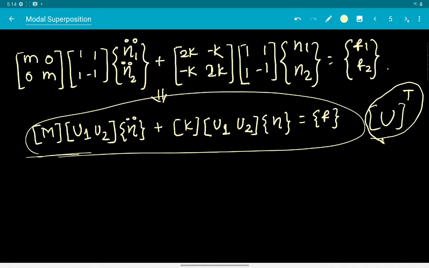Okay, so we are going to take the transpose of that and pre-multiply it to this equation, the entire equation on both sides. If I do so, then what I have is the transpose of this, so I have this thing,